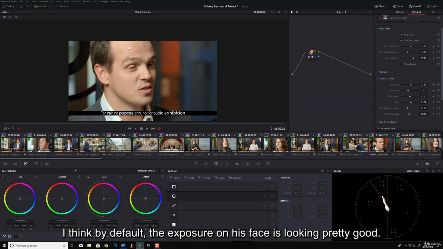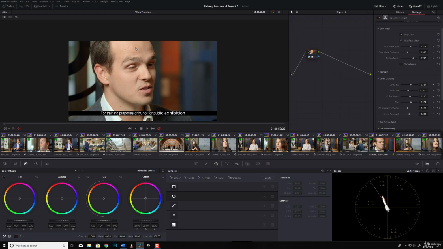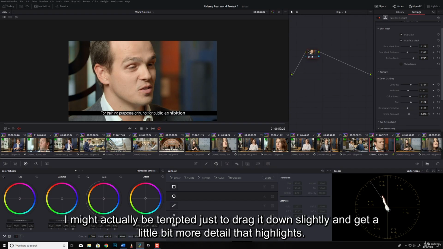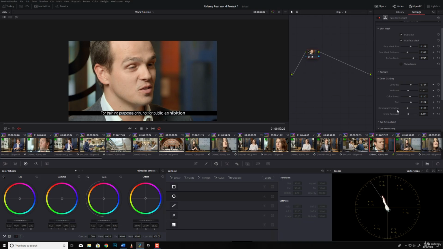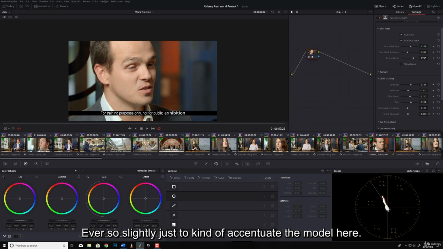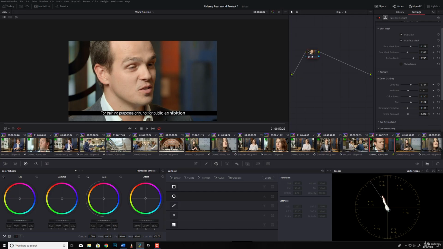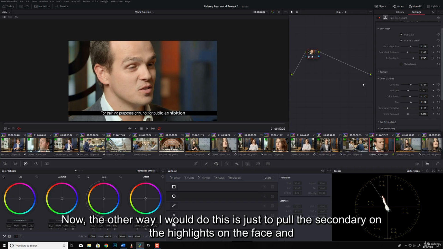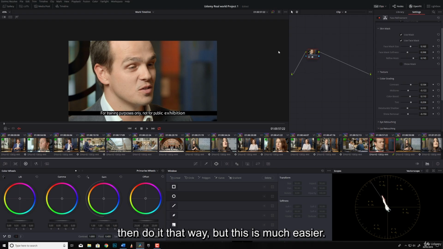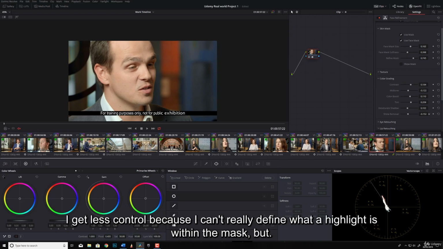I think by default, the exposure on his face is looking pretty good. I might actually be tempted just to drag it down slightly and get a little bit more detail out of those highlights. Ever so slightly, just to accentuate the model here. Now, the other way I would do this is just to pull a secondary on the highlights on the face and then do it that way, but this is much easier. I get less control, because I can't really define what a highlight is within the mask, but